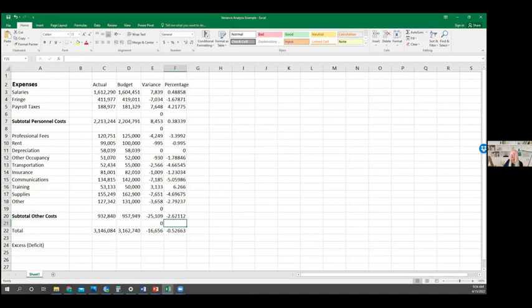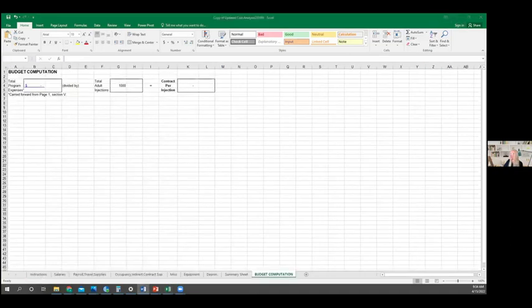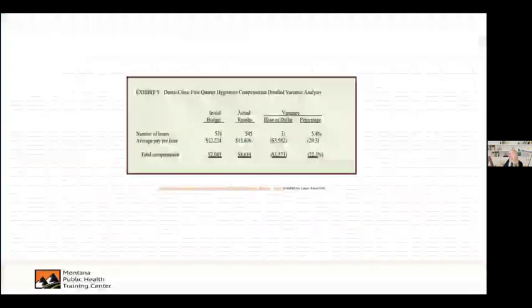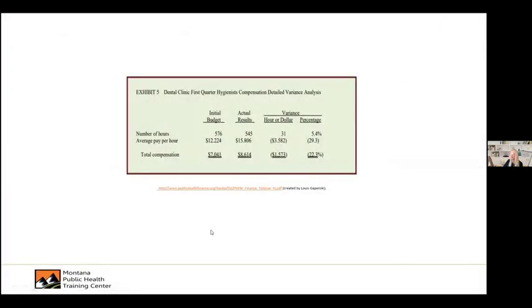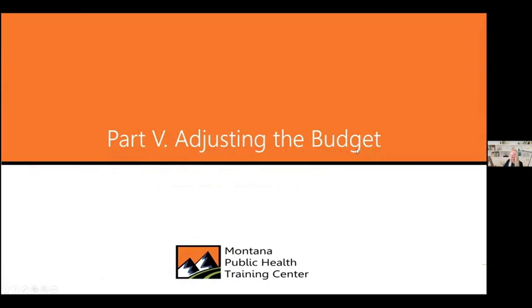Okay, so we're going to get into what we call adjusting the budget, which is basically a nice way of saying budget cuts. Don't need this one just yet. There we go. Did that. Okay. But before we get into doing some more math, okay,